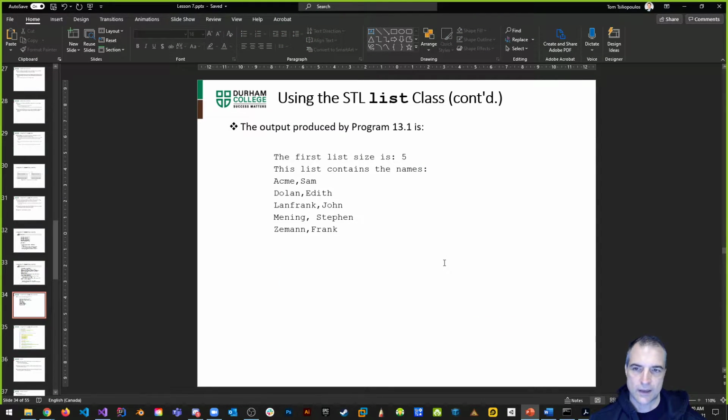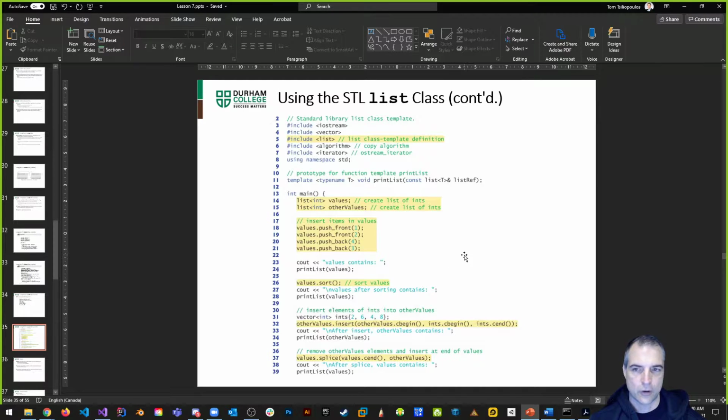All right, so that's the list class. I've also inserted another code snippet of another list example just for your viewing pleasure. Because we don't just have lists of type strings, but we can also have lists of type integers or any other primitive type or any other custom type. It's up to you. So here's an example. We can push to the front and push to the back. We can use a sort as an example, and